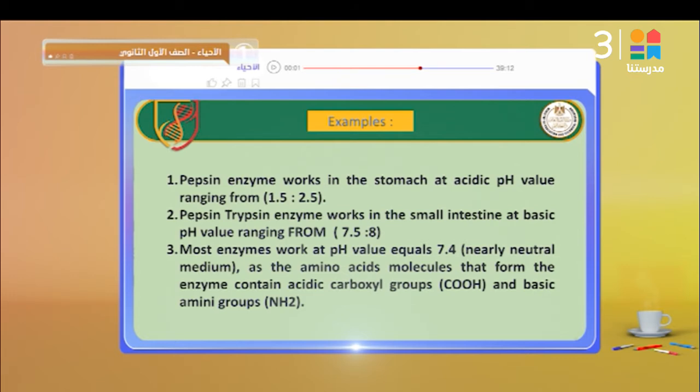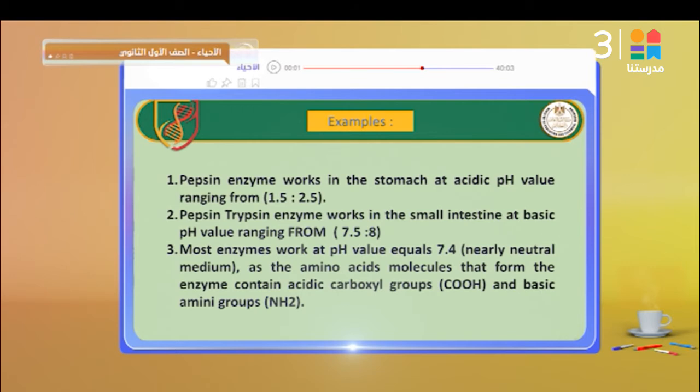Number 2, trypsin enzyme works in the small intestine at a basic pH value ranging from 7.5 to 8. Number 3, most enzymes work at a pH value equal to 7.4, nearly neutral,